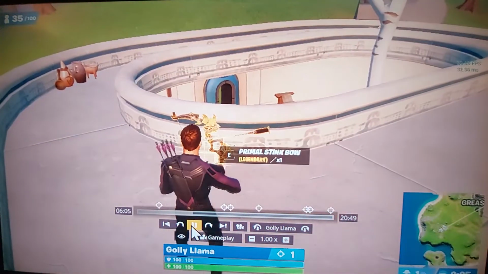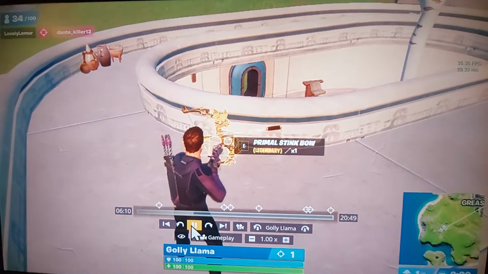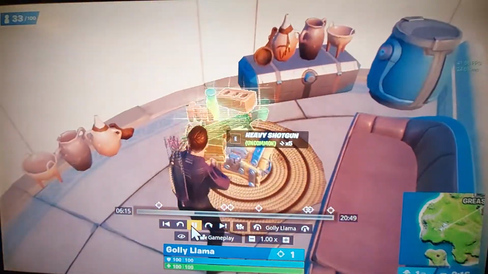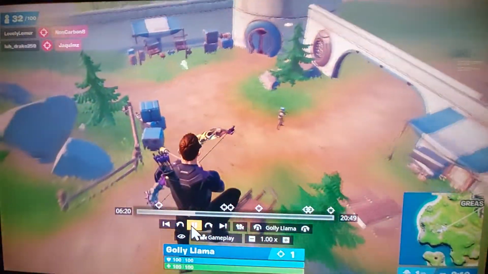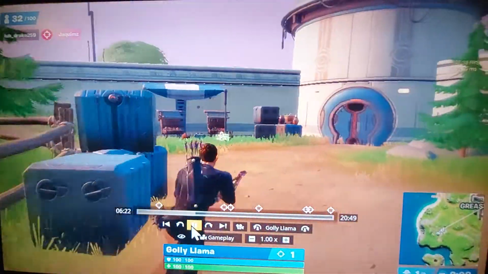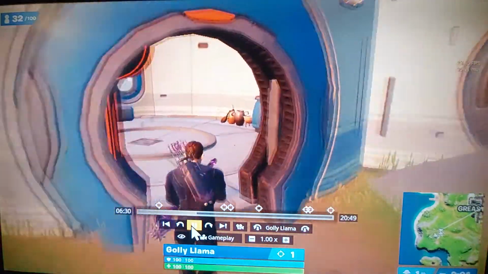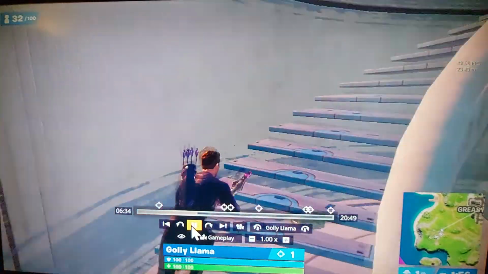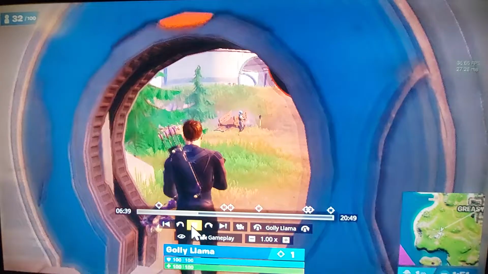Oh, there we go, primal stink bow. So I got the flame bow, the stink bow, and the explosive bow. Drew a blank for a second there. There's also a shockwave bow, but I completed that challenge already and don't really enjoy that bow that much. It's great if you're trying to knock people off of stuff, but